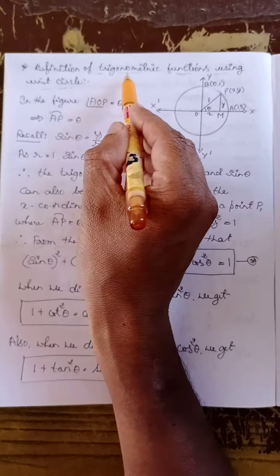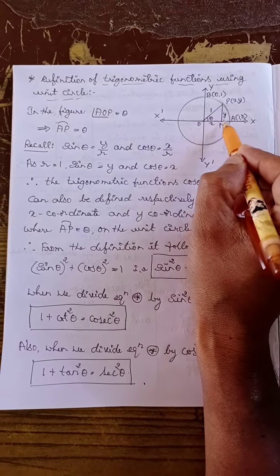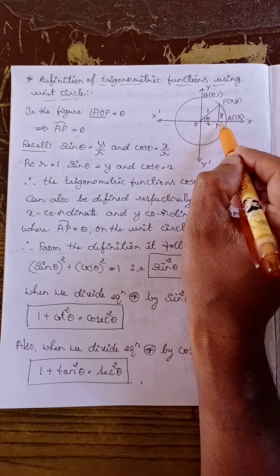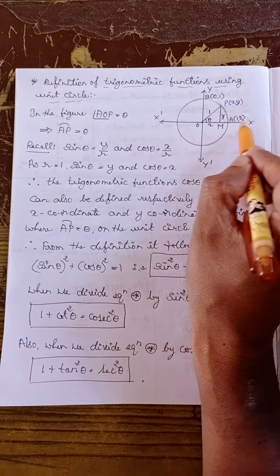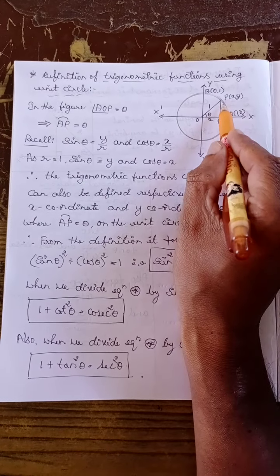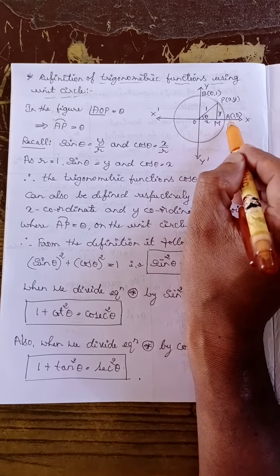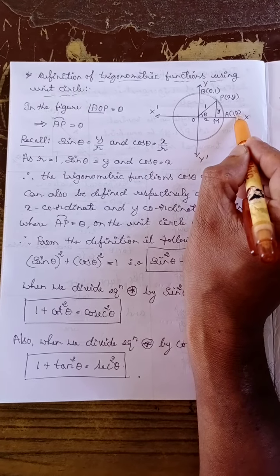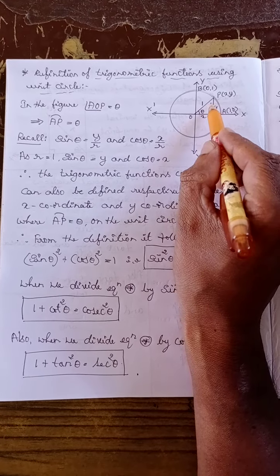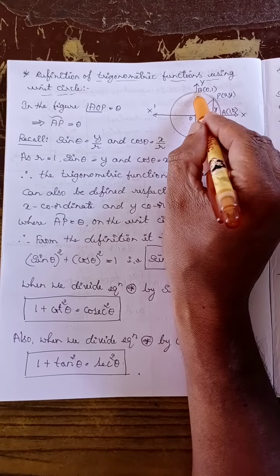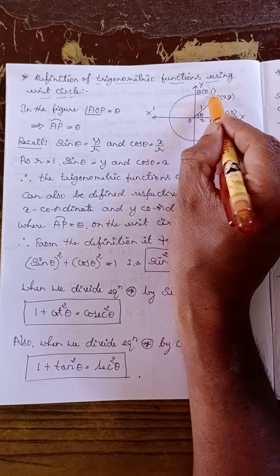Now we can see the definition of the trigonometric functions using the unit circle. Here see the unit circle having the radius equal to 1 unit. Then OM on the x-axis is x, and PM length is y. Here the point A is (1, 0). On the x-axis the x coordinate is present and the y coordinate is absent. Therefore its point is (1, 0), since we have taken a unit circle. And on the y-axis the x coordinate is absent and the y coordinate is present. Therefore the point B is (0, 1).